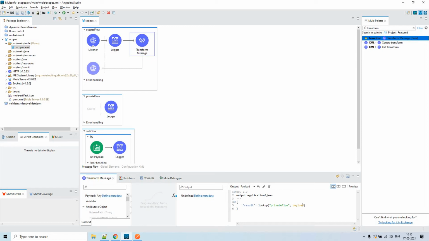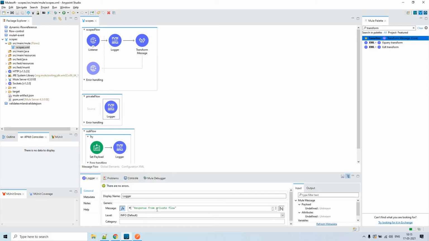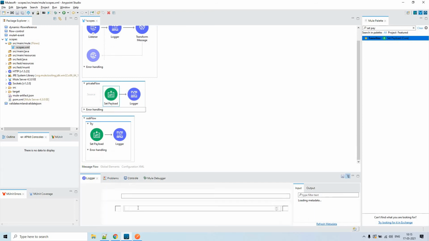Now I am doing a lookup to the private flow and sending the payload, which I'll be getting from Postman. You see here, I'm just printing a static value, right? So let me take a Set Payload and add it here.